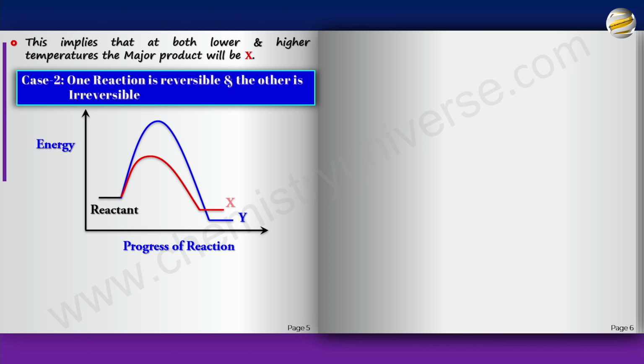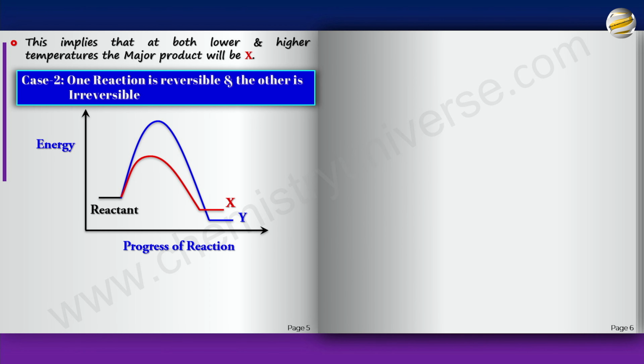Now, pay attention to the fact that I have not used the other graph. I have not used this graph. The reason is that we cannot estimate which has lower value of reverse activation energy. We do not know whether this value is lower or higher than this value, because even though this mountain is higher, this value is also higher. This mountain is lower and even this value is lower. So we will not be able to guess the reverse activation energy, and therefore we will not be able to guess which product is reversible, which is not.